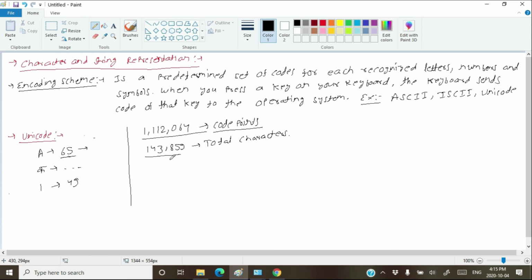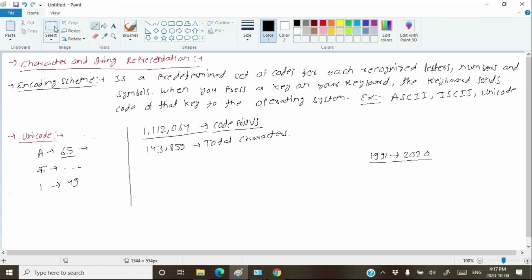That means only these many code points are utilized. Other code points are available. So I don't think that we will be able to utilize all the code points of the Unicode ever. Because from 1991, when the Unicode was introduced, to 2020, we have only these many code points allocated to characters. Then you can think how many years it will take to assign all these characters to all these code points.